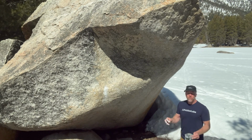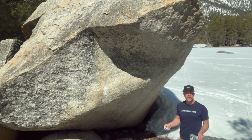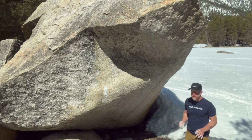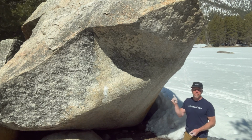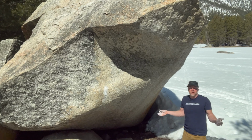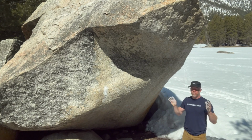I want to talk with you a little bit about a couple of different kinds that we use and a couple of different ways to use them. There are a number of different schools of thought on tick marks, and you're going to find different preferences according to different people that you climb with. Some people are going to tick for their index finger, some people are going to tick for their middle finger. Me personally, I kind of like goalposts,